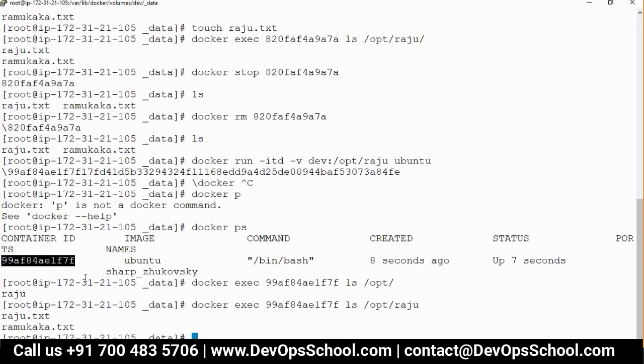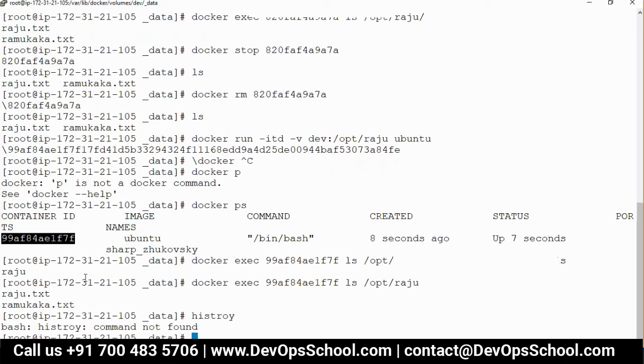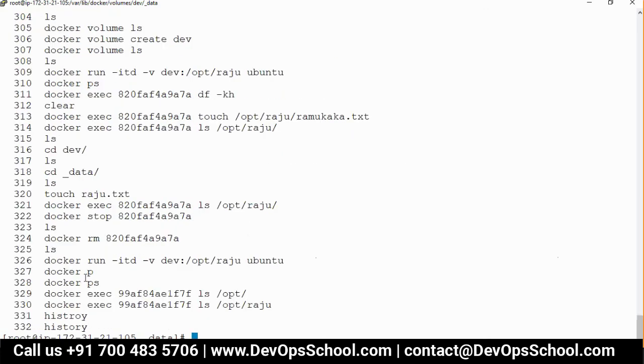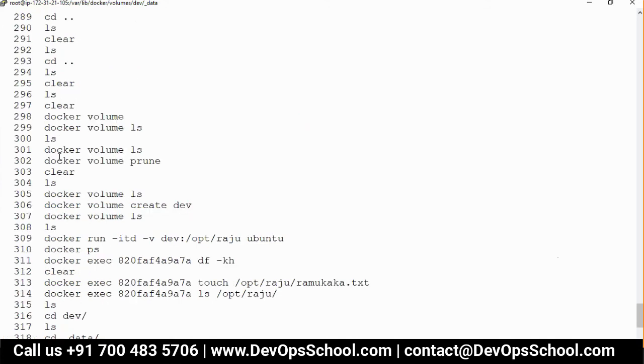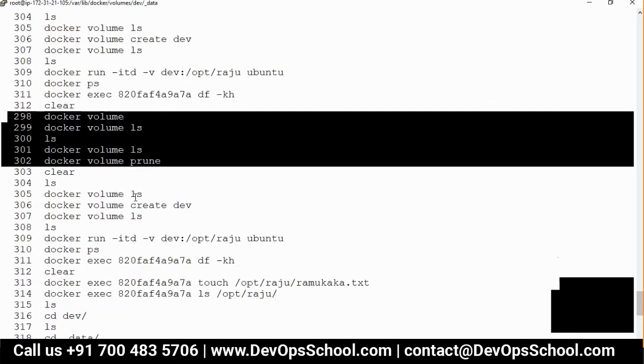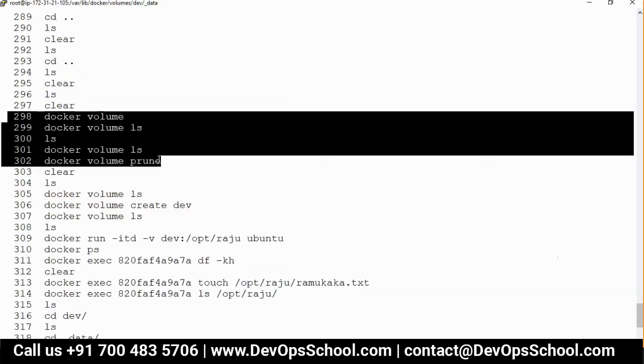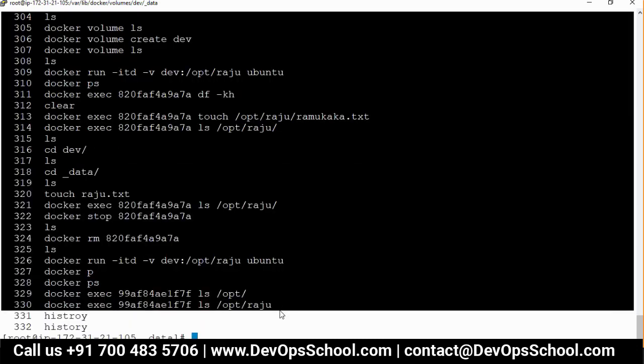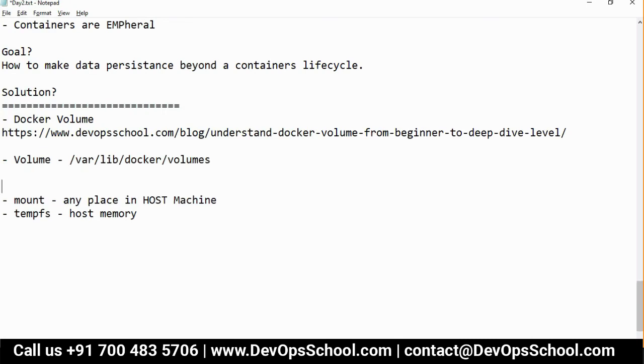See, we use the volume data with other containers. So guys, this is the way you can work with a volume and make two Dockers have the same volume data, data persistence. Did you understand that now?